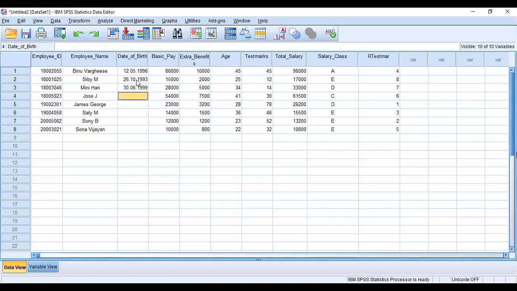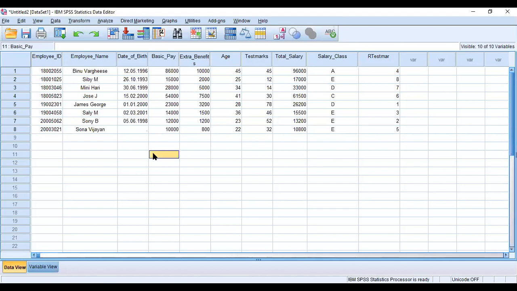Okay, then 15.2.2000, then 1.1.2000, and 2.3.2001, 5.6.1998, 5.7.1997.